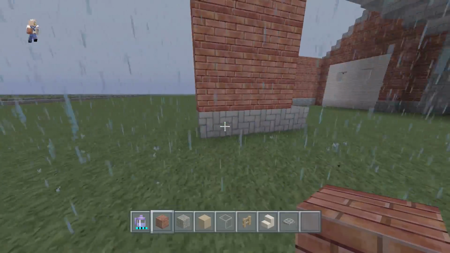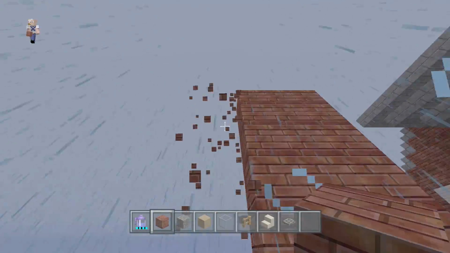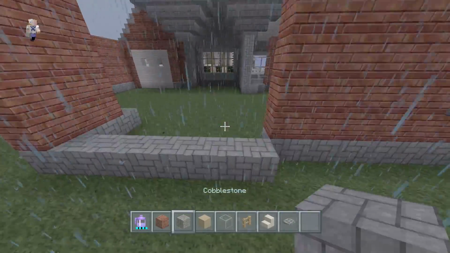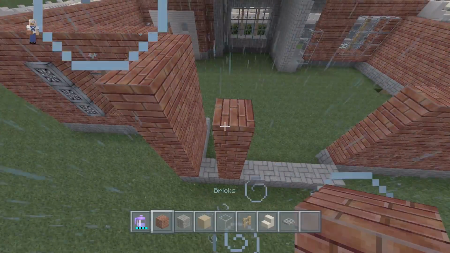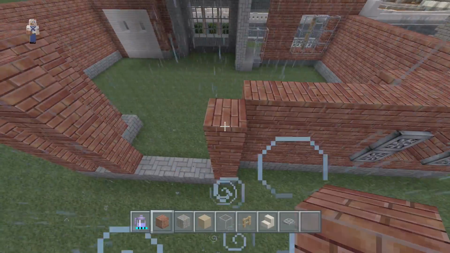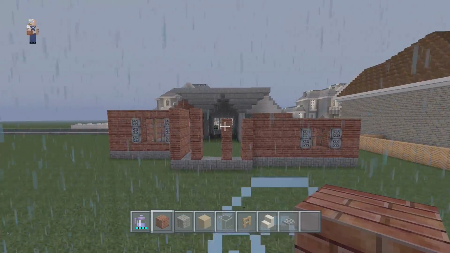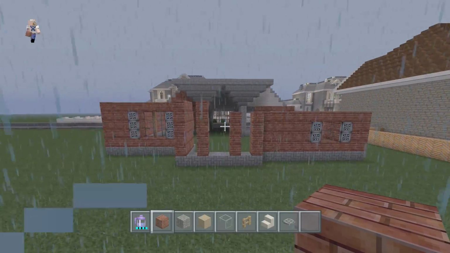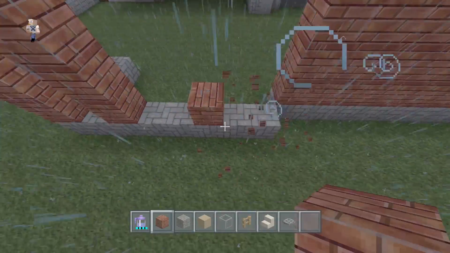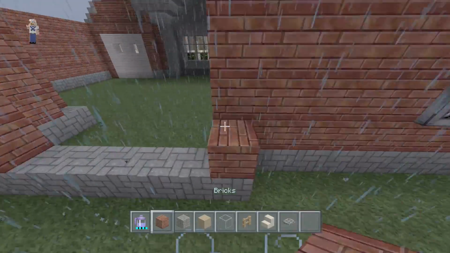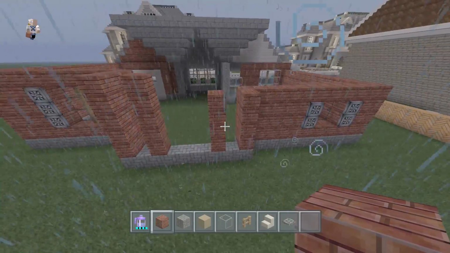And let's actually maybe just have this be 1 block in front. I think that would be good. Okay. Now we're going to turn these two to connect. And what we're going to do is we're going to have a 1 block gap in between each side. So just like this. 1, 2. And we need actually a 3 block gap in between here for our door. So we're actually going to move this over 1 block. So basically all we're doing is just moving it over 1 block like I just said. And perfect. That's exactly what we want now.